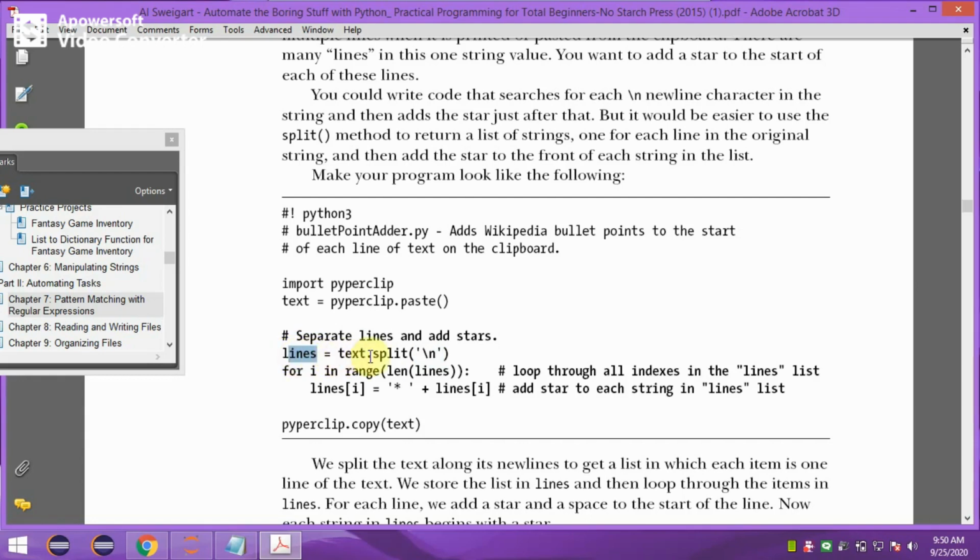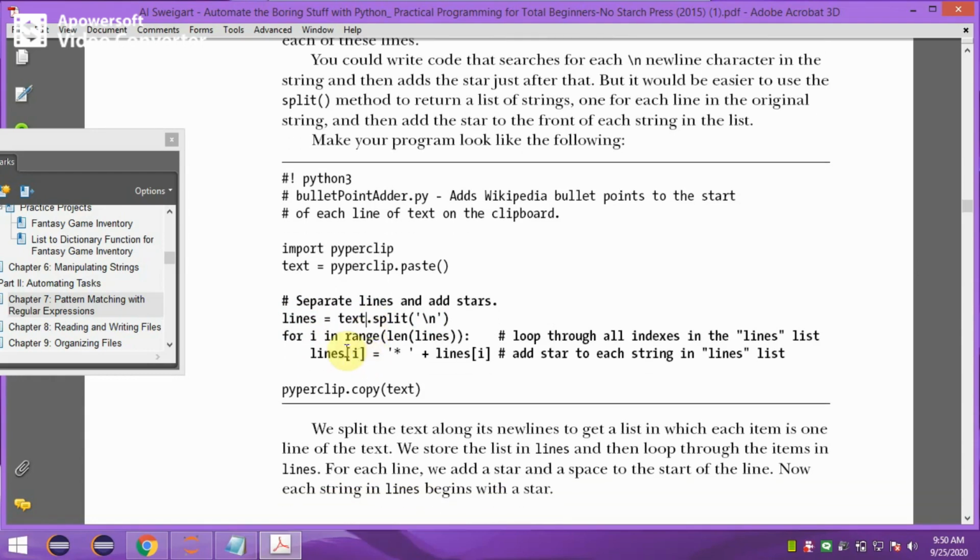Now lines contains separated text line by line, and to each line we have to add a star. Therefore this command loops through different lines: for i in range len of lines, through the number of lines. Then lines of i, the new lines of i, equals the existing lines of i prefixed with the star.